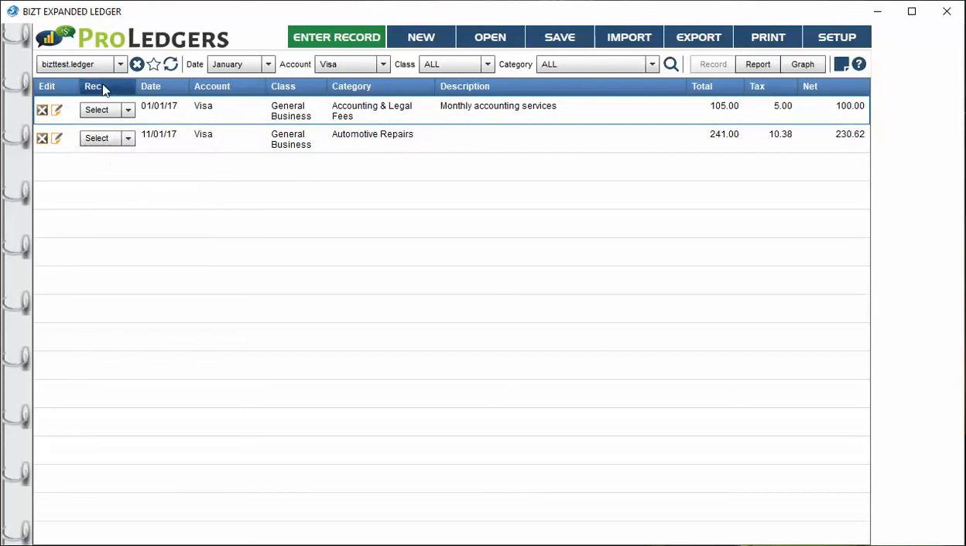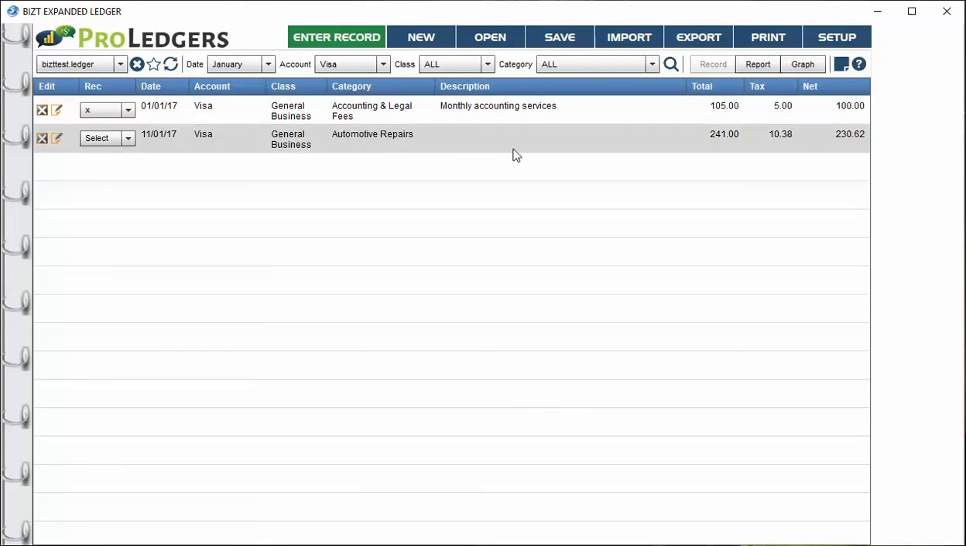Well, basically there's a rec column called for reconciliations. And when you have your paper statement, you just simply look and say, okay, did I have this accounting service fee on my Visa statement, and was it for this amount exactly, for the total of 105? If it was, then you would just go and choose the X, and you finished the reconciliation. That's it. And then the next one, oh yeah, I did an automotive repair and the bill came to 241,